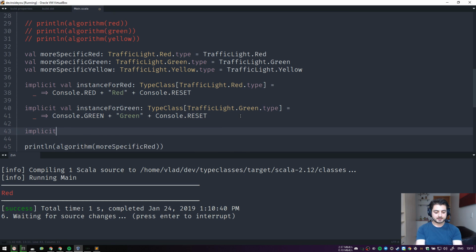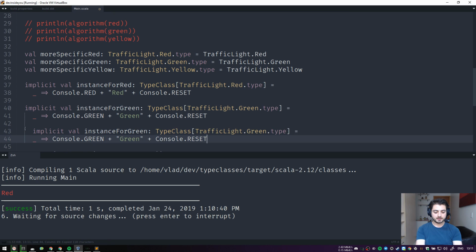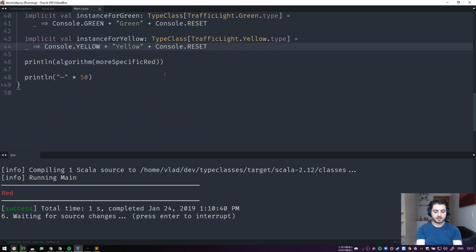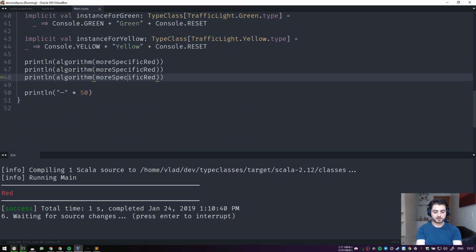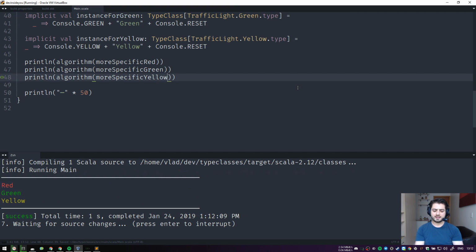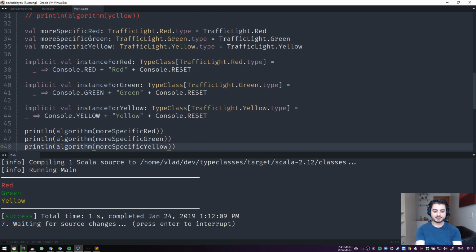The last one is this implicit val instance for... actually, let's copy this whole thing like that, and we're going to have a yellow over here, and yellow over here, and now we can do this one with more specific green, and this one with yellow like that. Man, that was hard to type. I don't know why. Now, what's interesting is that even though it works for all the instances now, if we